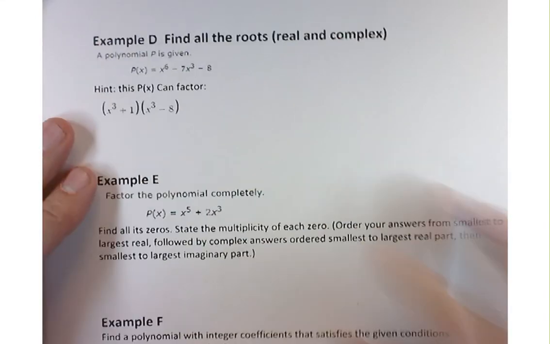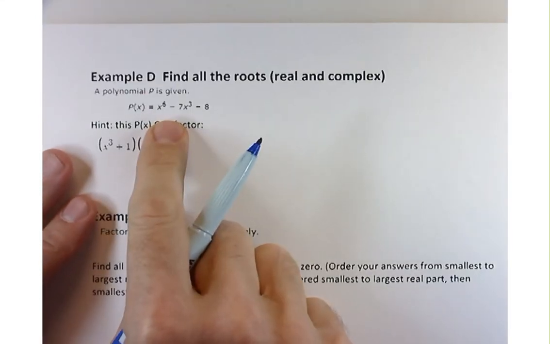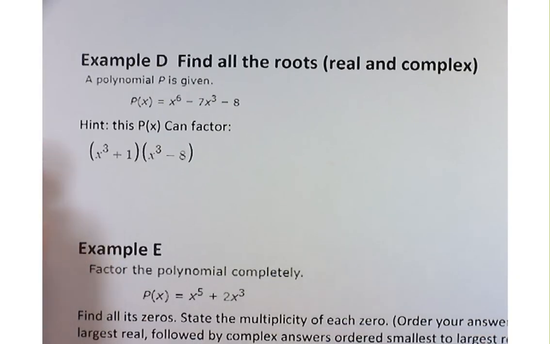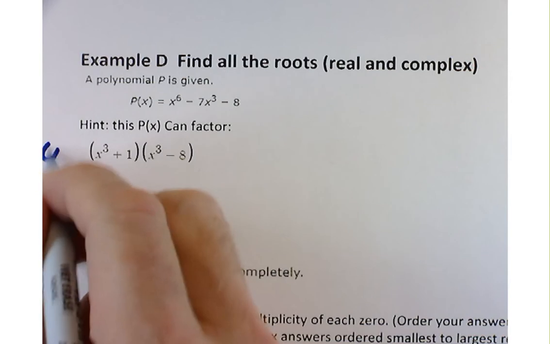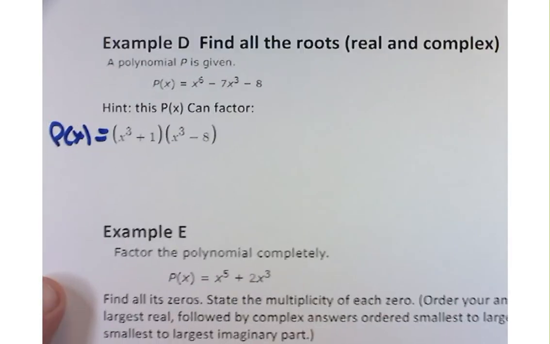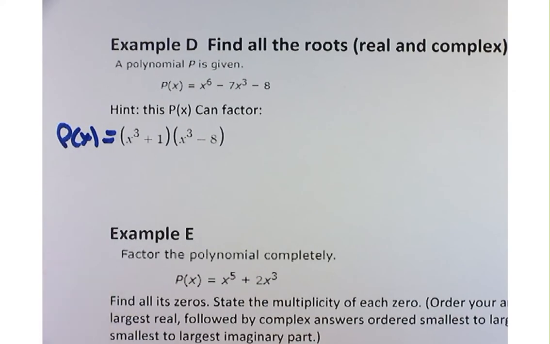Okay, so they give you this polynomial and they also give you a hint. They say, hint: p of x factors down like this. All right, that's not a bad hint. It kind of gets you going, but it doesn't completely solve everything for us. In fact,